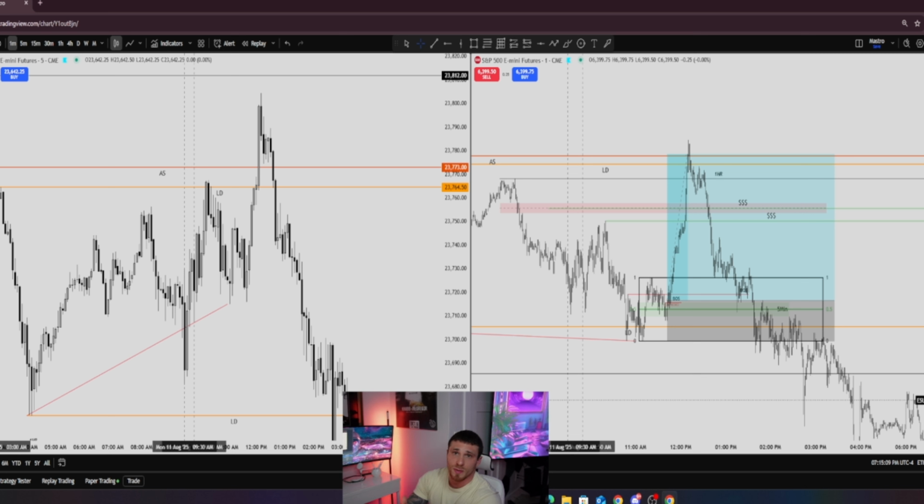We scale down to the 1-minute time frame, wait for that 5-minute fair value gap and 5-minute equilibrium to get respected. That gets respected on the 1-minute time frame. We see an inverse fair value gap and a break of structure on the 1-minute time frame, showing us bullish confluences are being respected and bearish confluences are getting disrespected. Entry, target, high time frame draws and liquidity. Bang, perfect example right here.